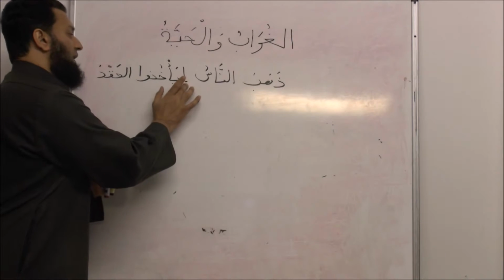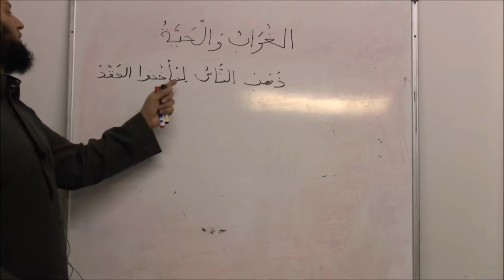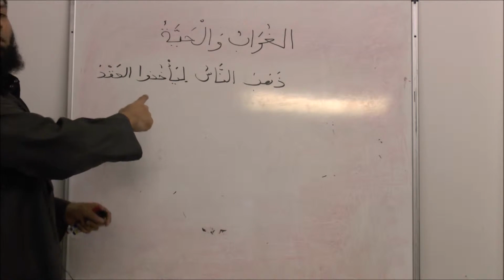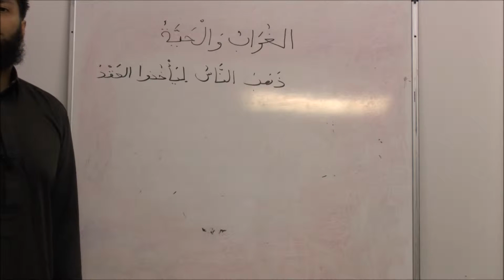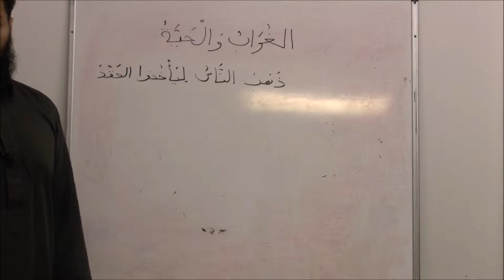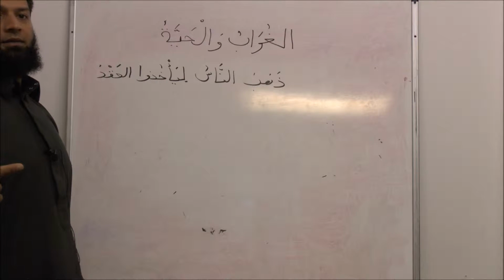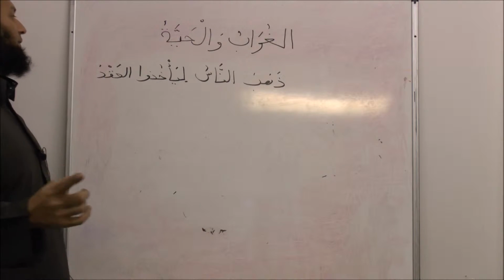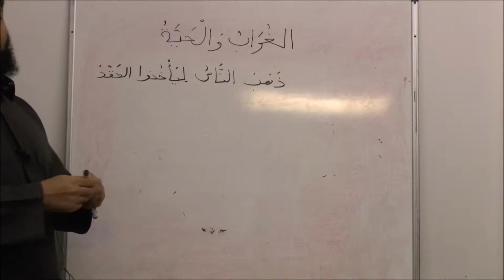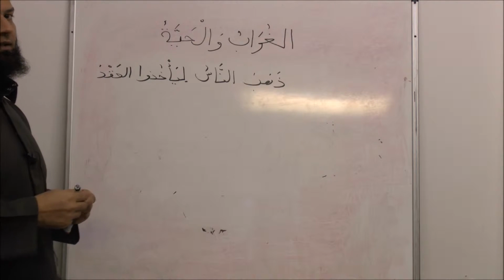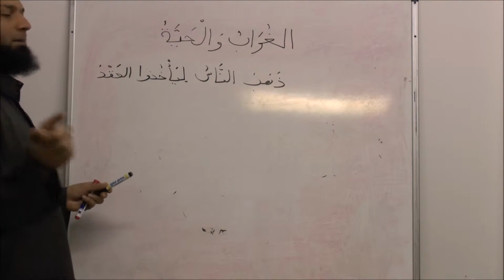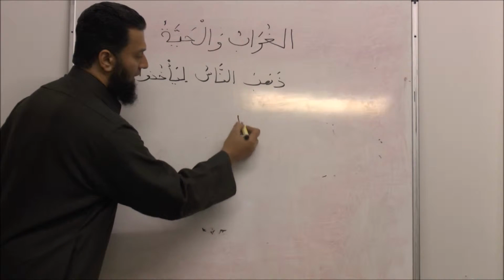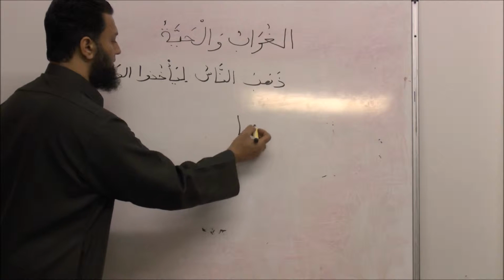The idea of attaching li to ya'khudu. What type of word is ya'khudu? It's a fi'lun. Fi'lun, madi or mudari? Shabazz, what do you think? Present. Present and future are the same in Arabic, but you add a sin or a sawfa before the present. We'll explain. So, ordinarily, it is